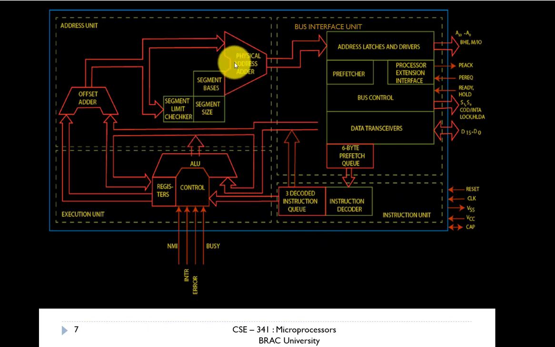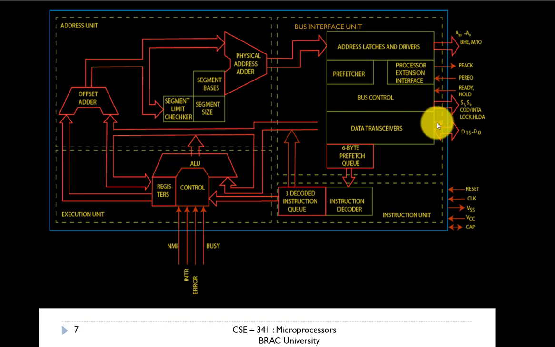The physical address of the memory from where the instruction has to be fetched is calculated by the physical address adder in the address unit. Then the address is stored in the address latches and drivers, which are part of the bus interface unit. After that, via the data bus,